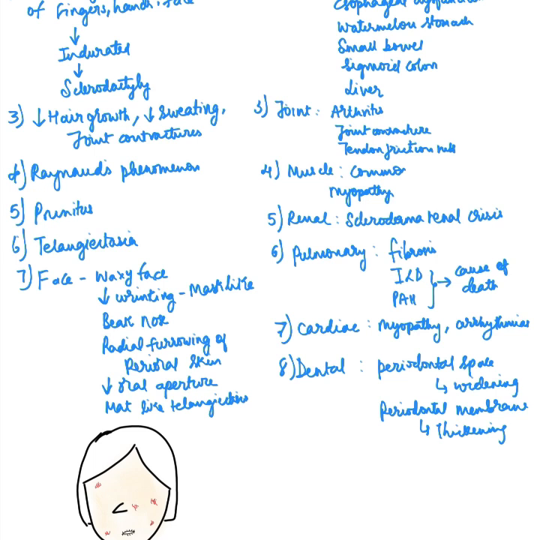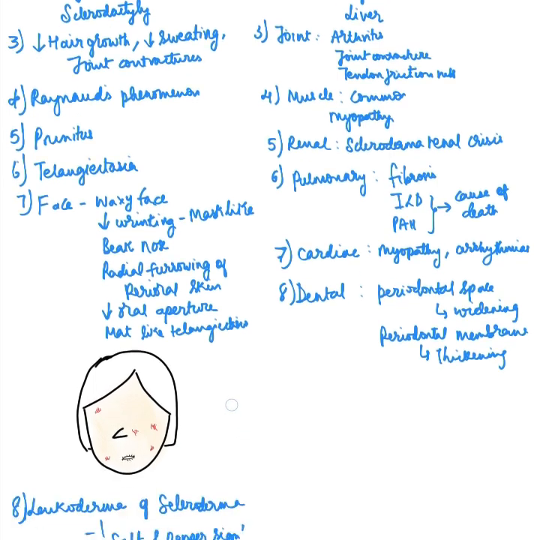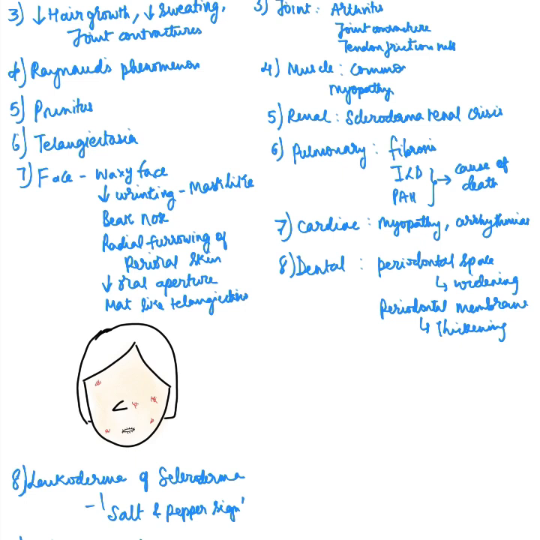Then pruritus, it is seen in about 40% of the patients, and it is usually seen in the early or active stage of the disease. Telangiectasias, they are seen along with the face on the upper trunk and limbs. And then the face, it has characteristic features, something called mask-like facies, because the